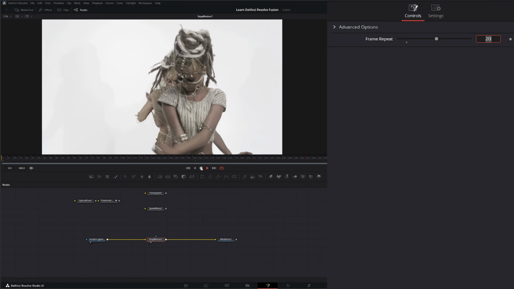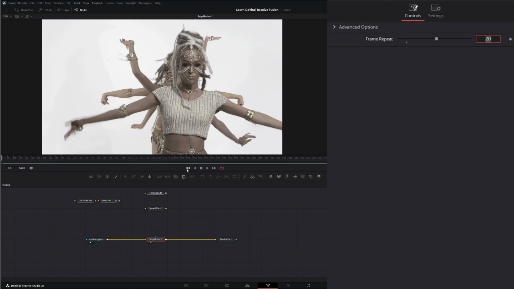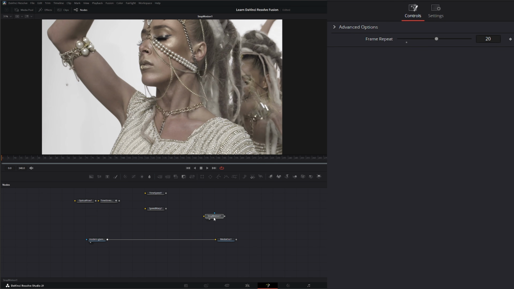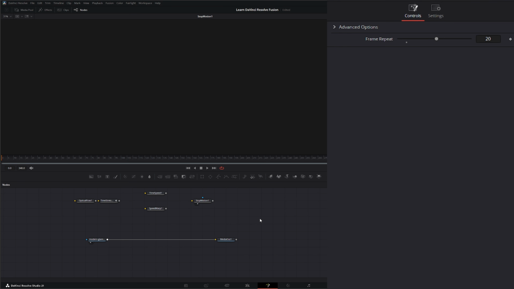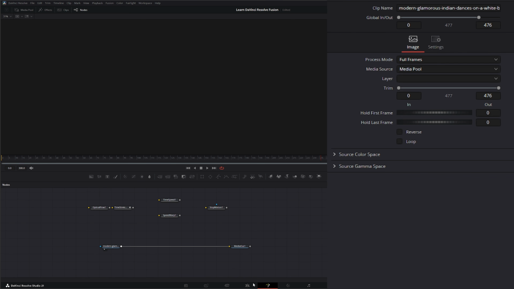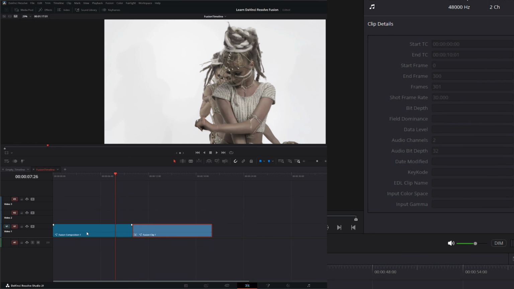And that is the stop motion node. So another way to change your timing in essence. Now there's one other timing node that really isn't a timing node, but it is a timing node. And to be able to show this, let's jump back into our edit page here